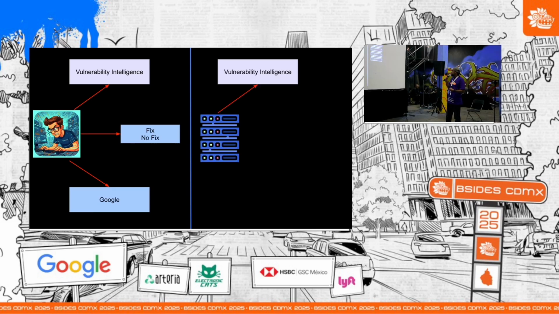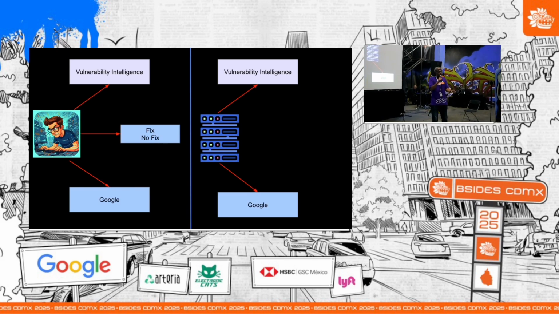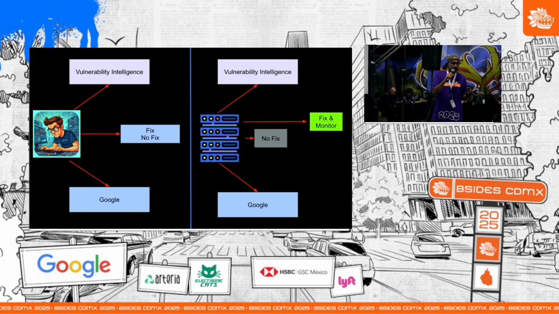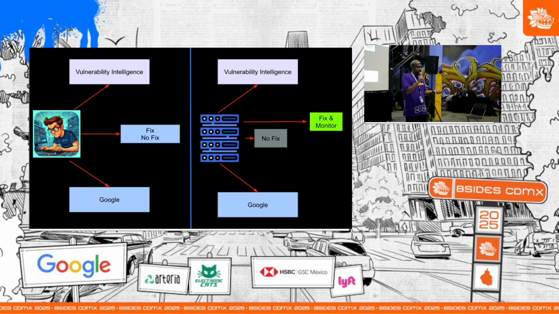Now, in terms of the automation, it was basically just replacing a lot of this with code that would be doing the same kind of work, but a little bit more efficiently. It would do it a lot more effectively, looking at vulnerability intelligence data, because we can get that data through APIs from the vulnerability intelligence sources. And then we can automatically integrate that with Google's infrastructure to find out if we have any service that is affected by this particular vulnerability. Also, the code at times would automatically close the case and say, well, this is not important. But sometimes it would say, no, this is important and we need to fix it. And then it would facilitate the work around fixing it.